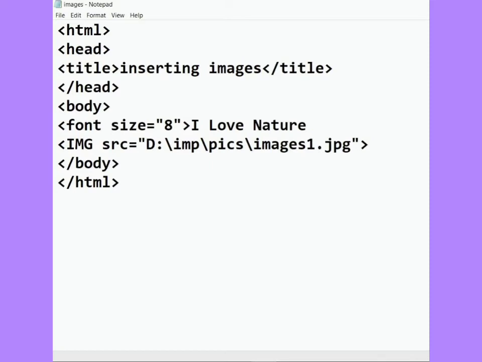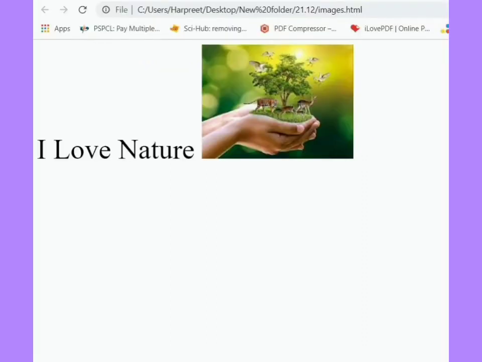After giving the source, close the body tag and at last close the HTML tag. Now you can see the result of our HTML coding: the text I love nature is coming and the image is also coming next to the text.